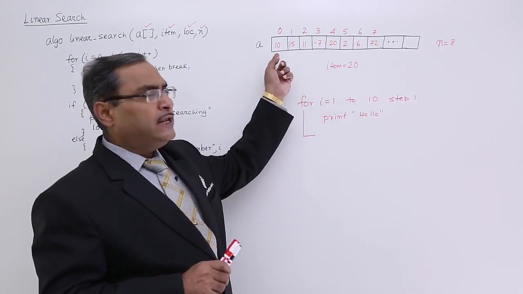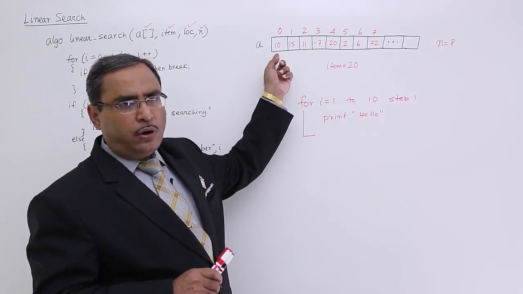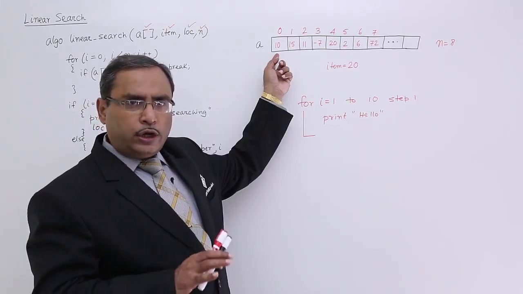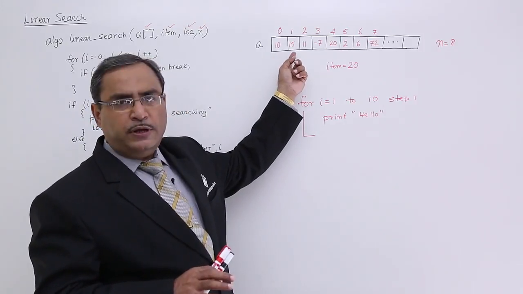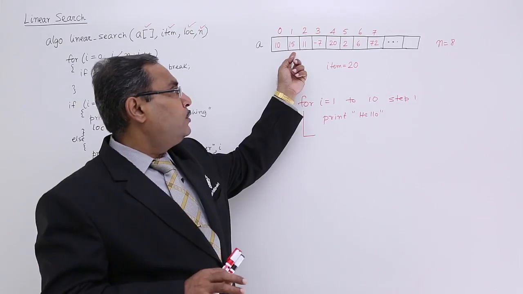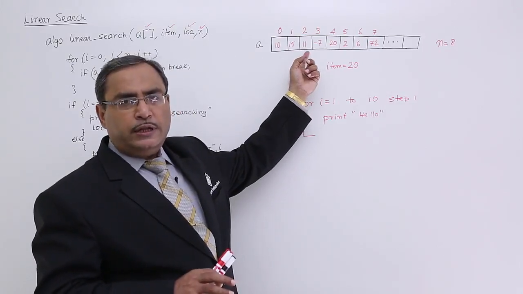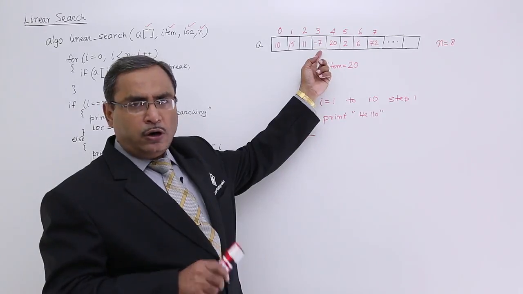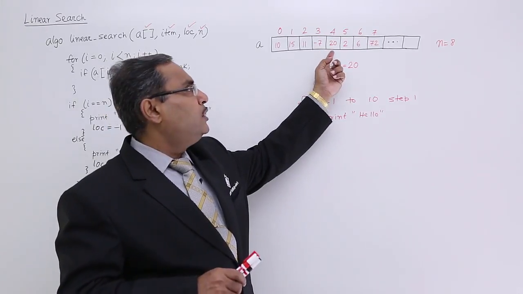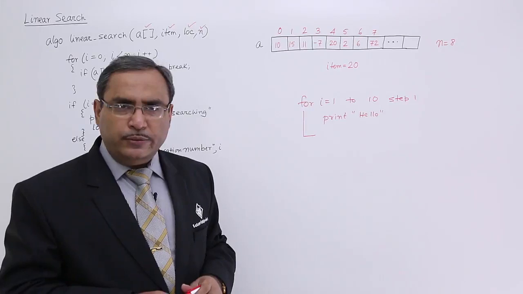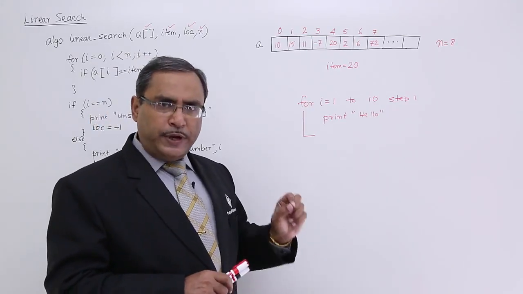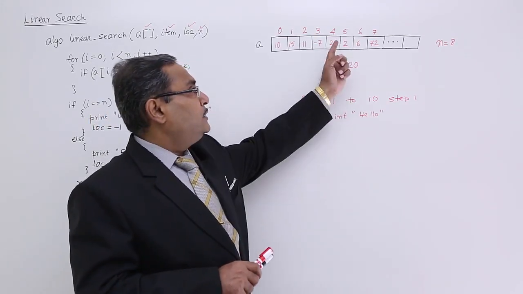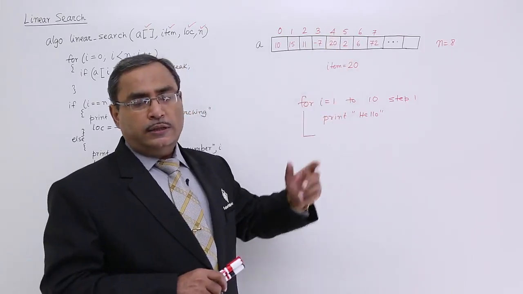So at first I shall match 20 with this particular location's content, which is 10, and they are not equal, then I shall go for the next location. 15, 20, they are not equal, then I shall go for the next location. 11, 20, they are not equal, then I shall go for the next location. Minus 7, 20, they are not equal, then I shall go for the next location. 20 and 20, they are matching with each other. In that case, I shall print the successful searching, and also I shall return the location number,